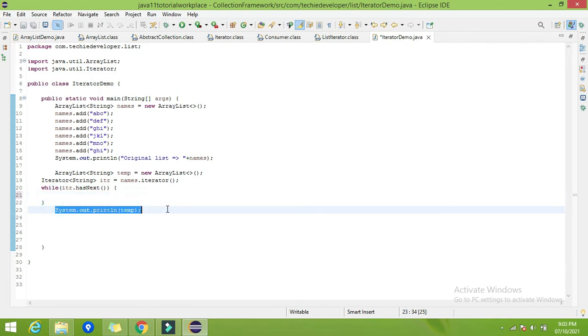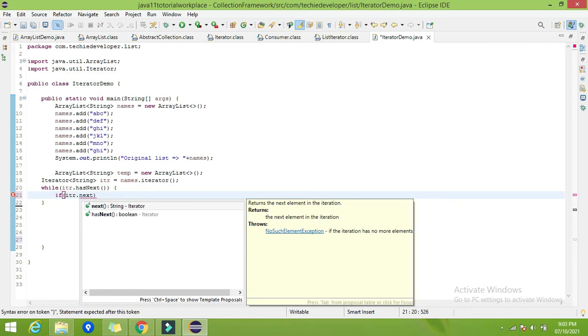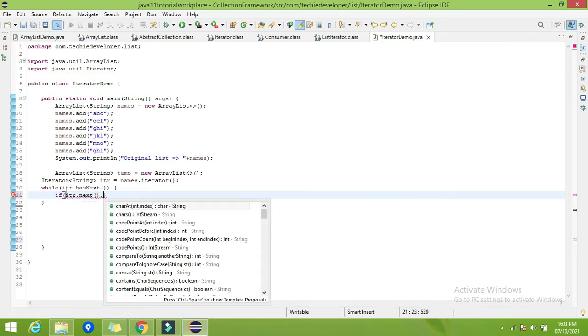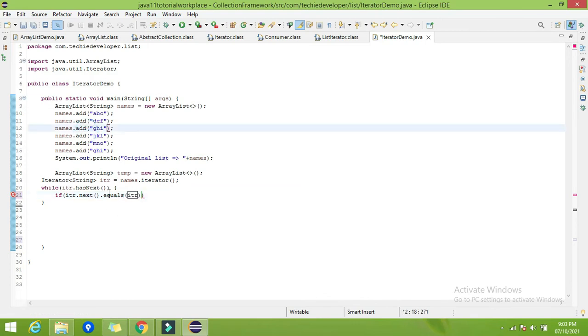Here simply write the condition: if itr.next, meaning the element, as it is a string, that's why I am using the equals method, if it is ghi, then remove it.